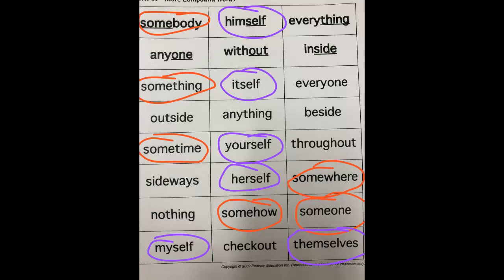Let's go on to our next pattern, which is thing. We have everything. We also have, let's see, anything. And then nothing, which is really no thing. And I think that is it. Now, technically, we could also include something. So let's go ahead and circle that one because that's also a thing, but it also has the some in it. So kind of double there. All right, so 1, 2, 3 true ones, and then a 4 kind of double.